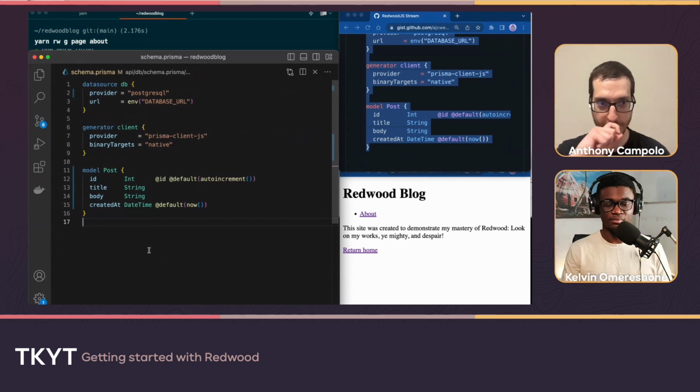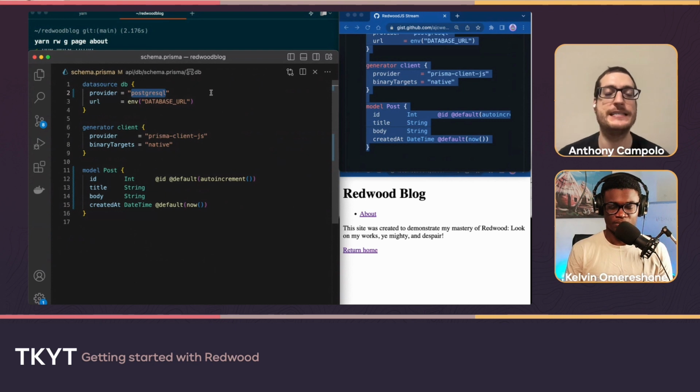Let me just real quick break down what's happening here. The great thing with Prisma is that you can decide what flavor of SQL or even non-SQL you want to use. Right now we're going to be running Postgres, but I could change this to MySQL or SQLite or even, God forbid, MongoDB.